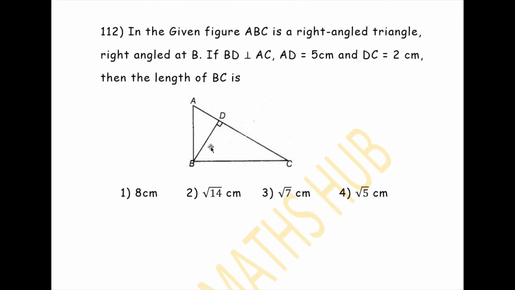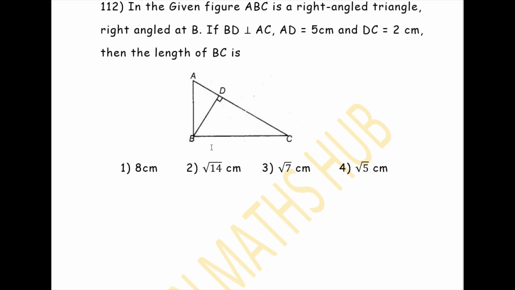Question number 12. In the given figure, ABC is a right angle triangle at B. If BD is perpendicular to AC, AD equals 5 cm and DC equals 2 cm, then the length of BC equals, by using the concept of similar triangles,